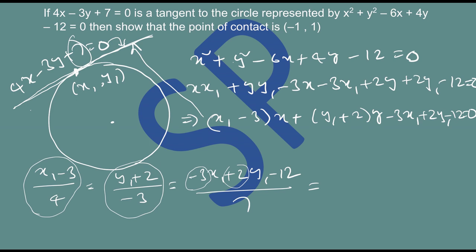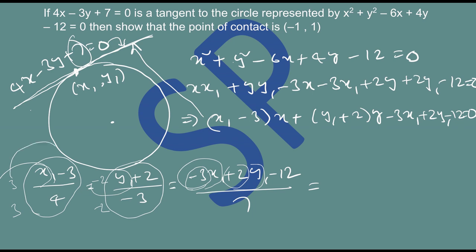one more ratio. I want you to observe, here I am going to multiply by 3 and here by minus 2, and then I am going to add all numerators by all denominators. We know it, we can write like that from ratio and proportion. So when I do that, you can see 3x1 here minus 3x1 here, they get cancelled, and minus 2y1 here plus 2y1, they also get cancelled.